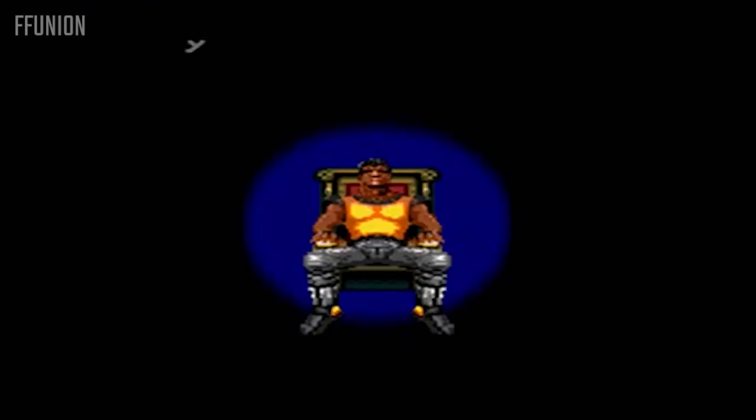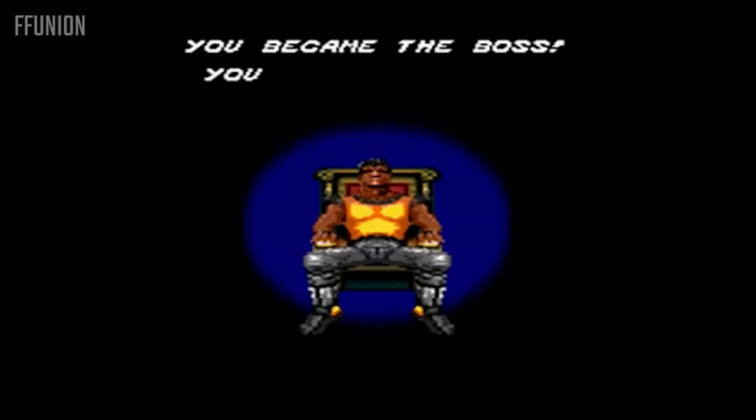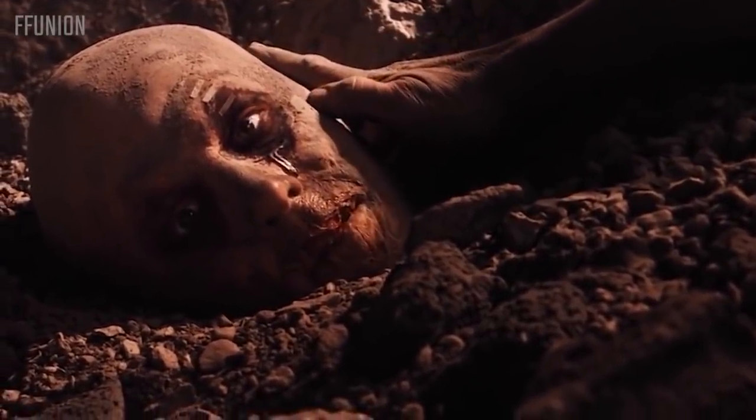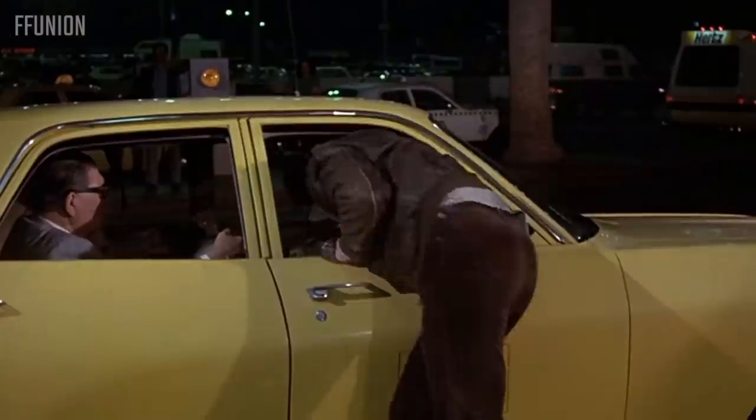Secret endings or post-credit scenes have been prevalent within entertainment for some time now, with films often using them to set up what might come next in the franchise, or to continue a gag that happened during the film that